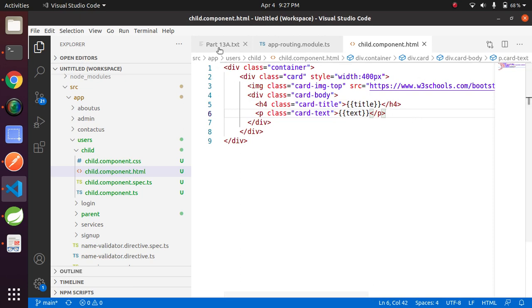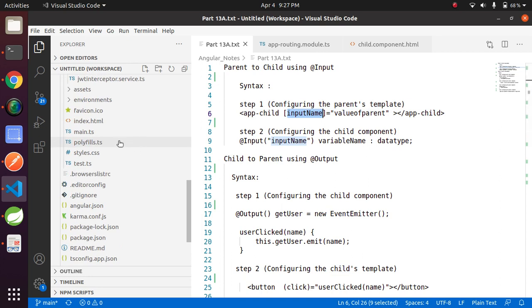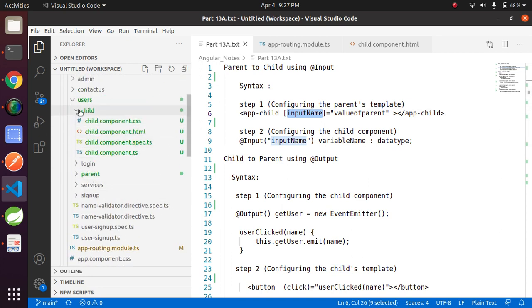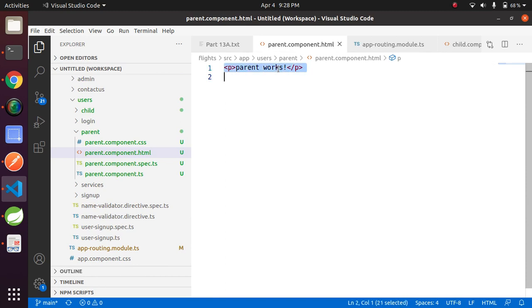Now look at the first step of implementation, configuration of the parent template. What we are doing in the parent is passing the value from the parent to the child. Let's open the parent component template here. Let me remove this.